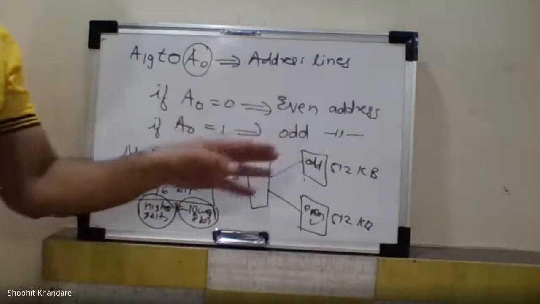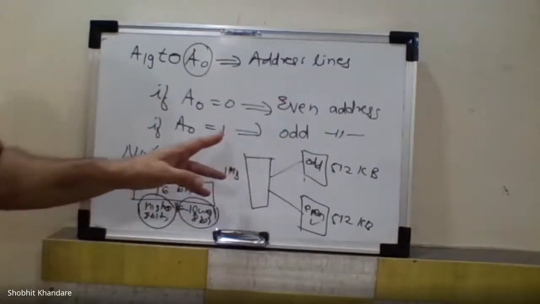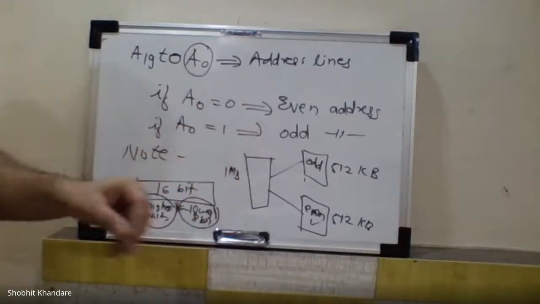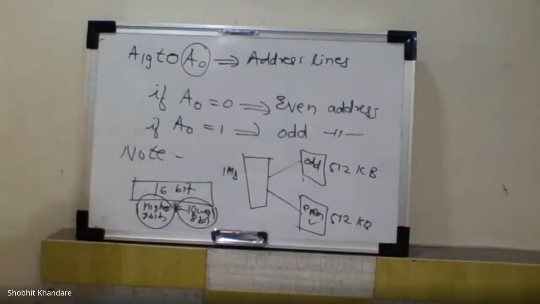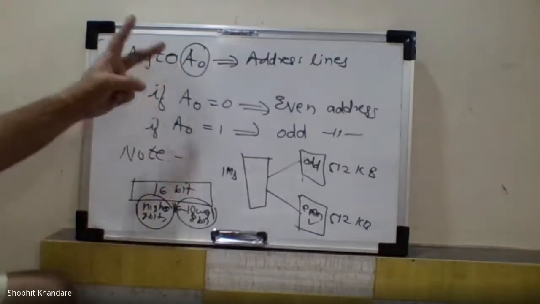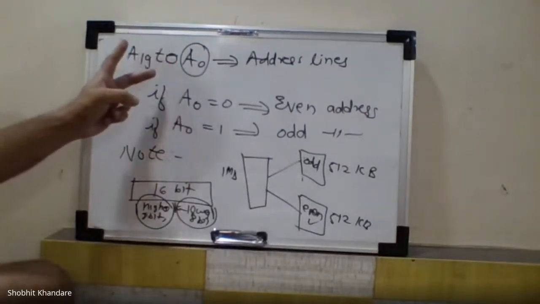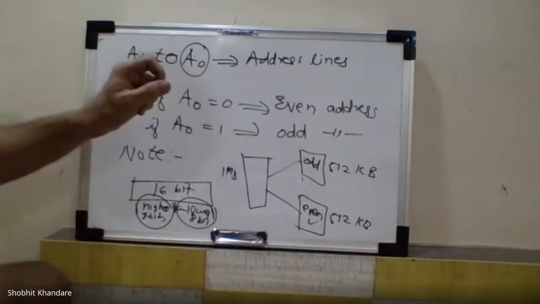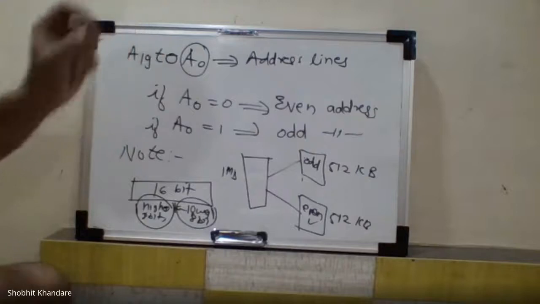Why do we do all this? What was our problem? What solution did I give you? Why do we have to convert into two banks? Why did I write all this for you earlier? What was the problem? I required two memory cycles, read or write, to carry out the access of 16 bit of data.